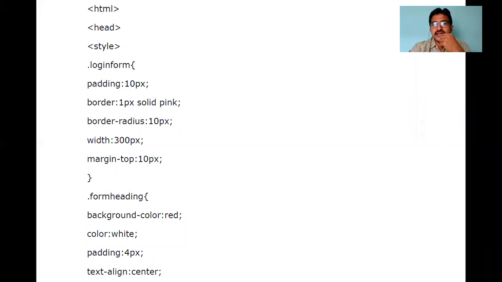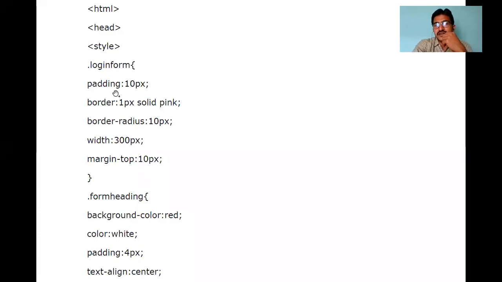How do you know this is a class style? If you put a dot in front of the name, then it is a class style. If you put a hash, then it indicates an ID style. So for the time being, understand this is a class style because it started with a dot followed by login form. It's not mandatory to use login form, you can use any name.